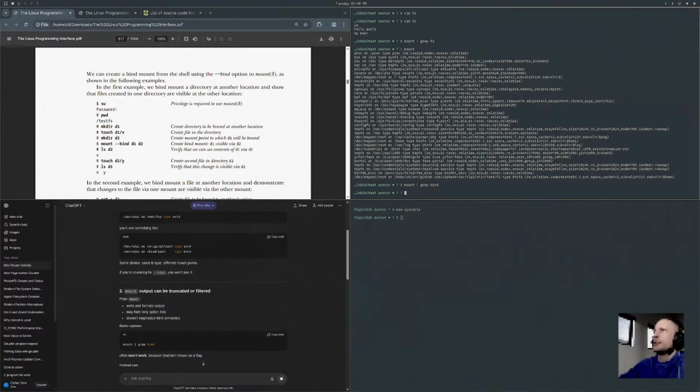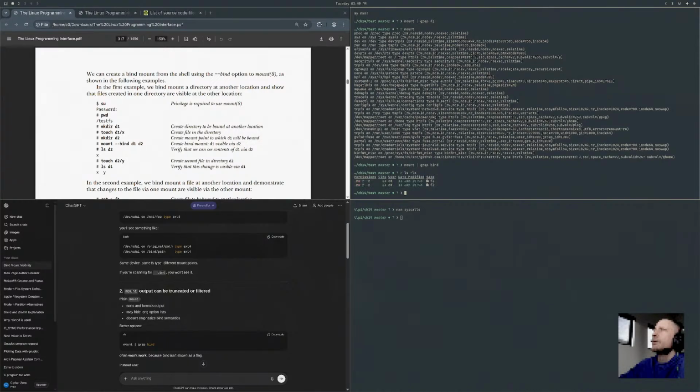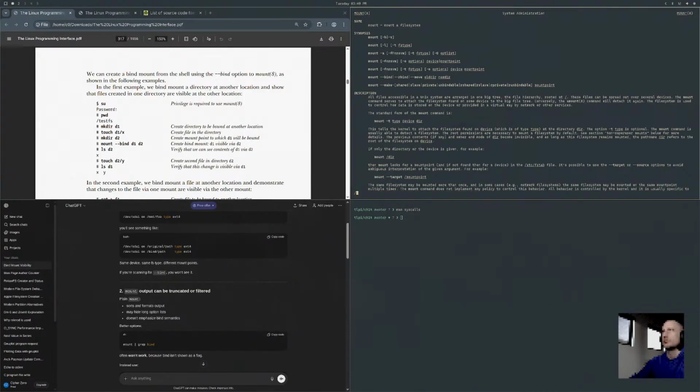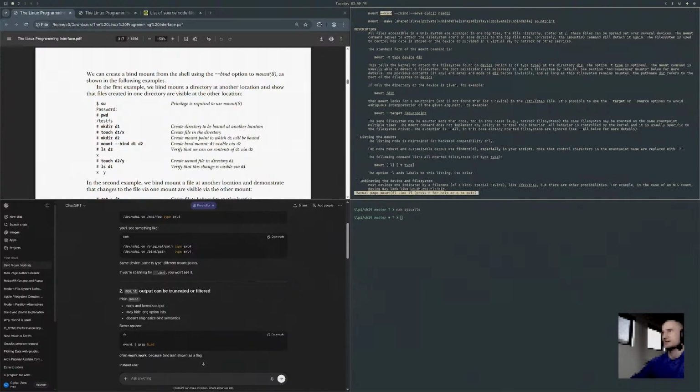Grep for bind. Maybe it just made it a hard link because it's on the same file system.